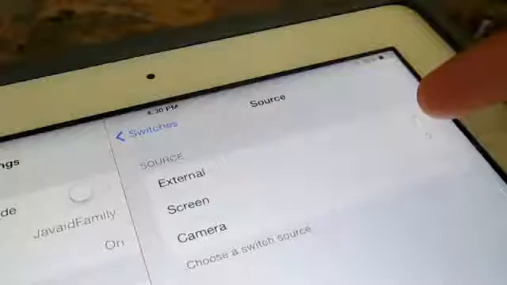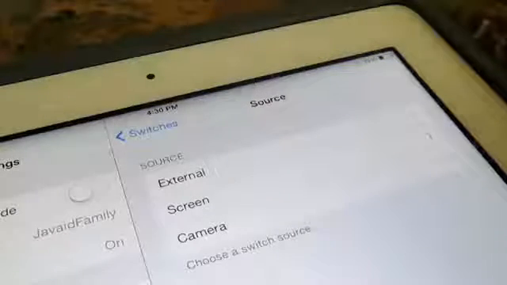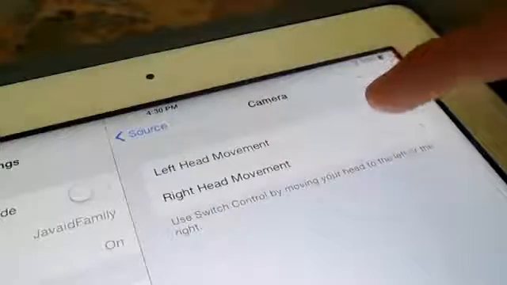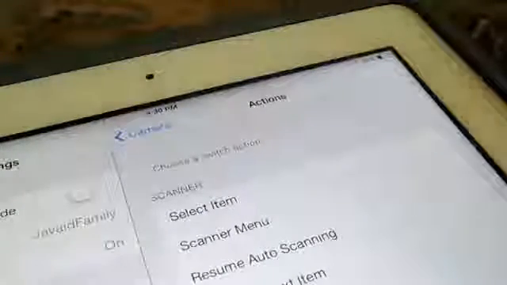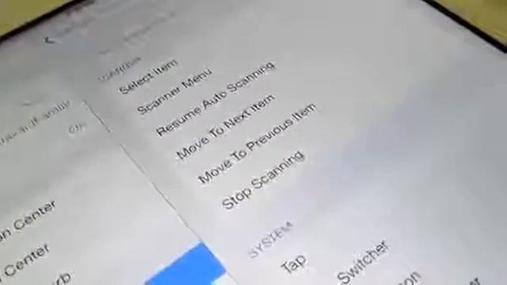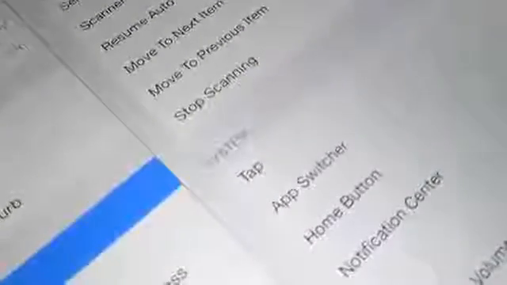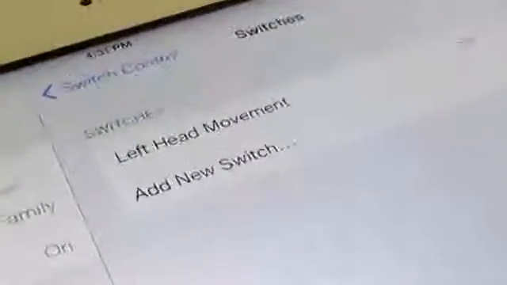Now you can tap on camera, and then you can select any of these head movements and what you want it to do with that head movement. So you can make it access Siri or anything of that sort, or app switcher, by the tilt of your head depending on which one you chose, which is a pretty cool feature. So I'm just going to select Siri, and as you can see right over here, with the left head movement,